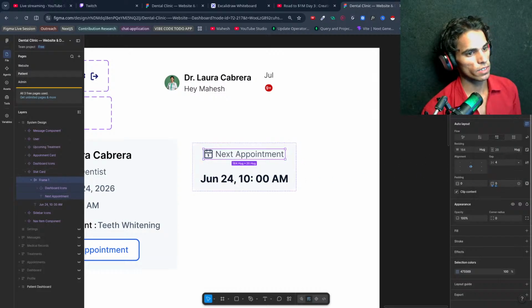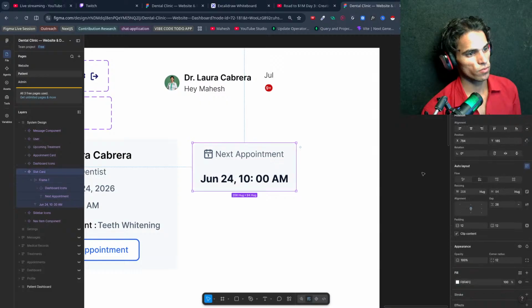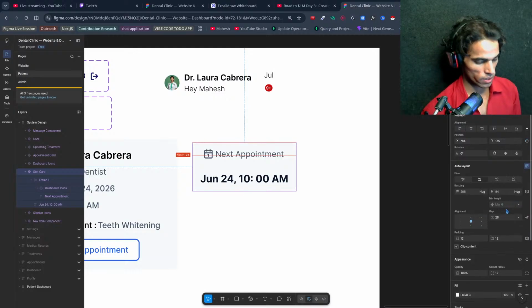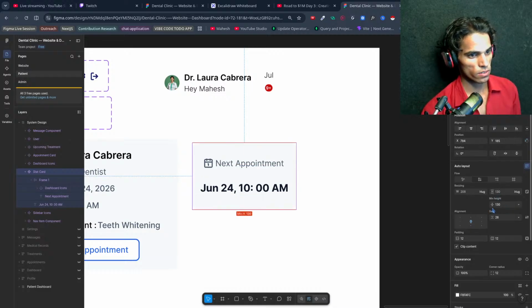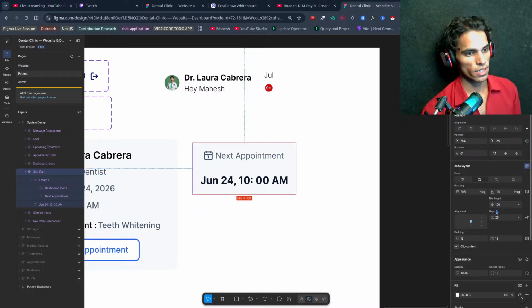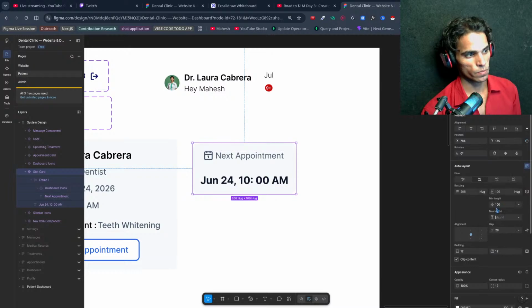I can give it a little bit of padding, or I can change its height: min height will be 130. No, min height will be 100, and max height will be 150. Okay, so this is the height we can go.